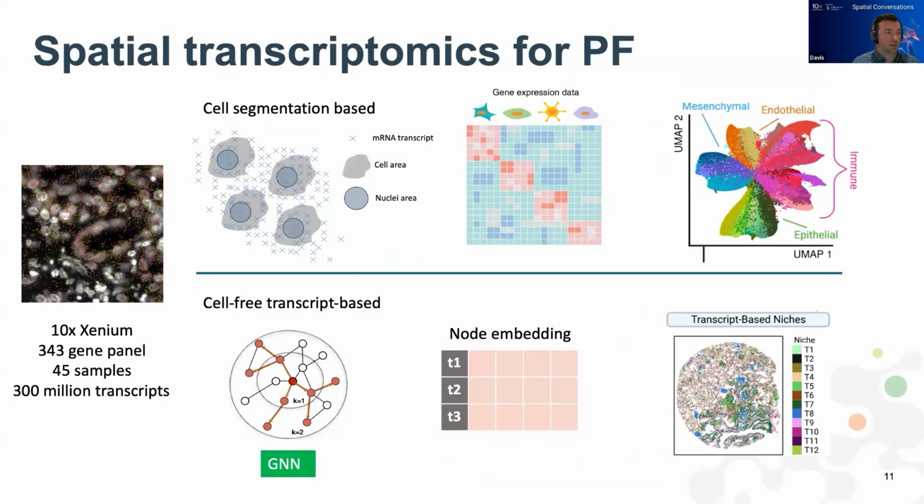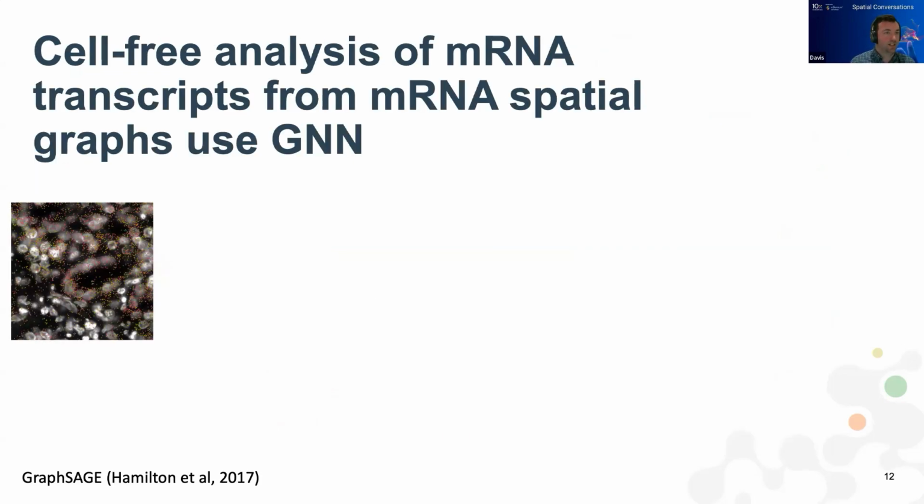So as I mentioned, from the spatial omics data, the Xenium data, we had these 2 workflows, the one cell segmentation based, undertaken in Nick Banovich's team on the top, and the cell-free based one, the transcript based one on the bottom here, which uses graph neural network methods as the basis for finding a new representation of these transcripts that summarizes local neighborhood information for each transcript that lets us build up a molecular picture of these transcript-based niches. So what is a graph neural network? I might save that to question time, but I'll tell you about this method we use called GraphSage, which is